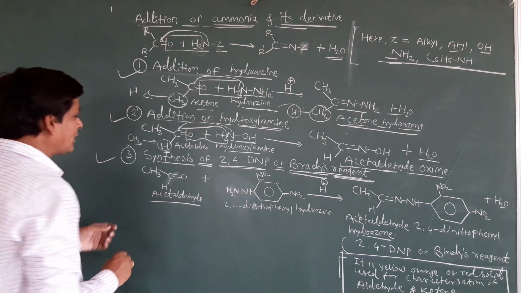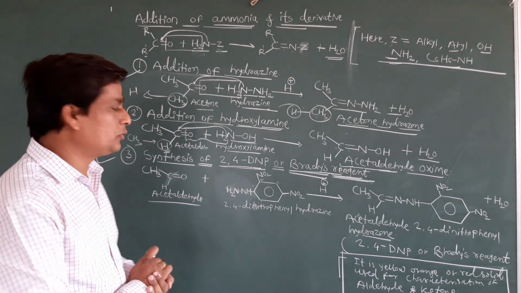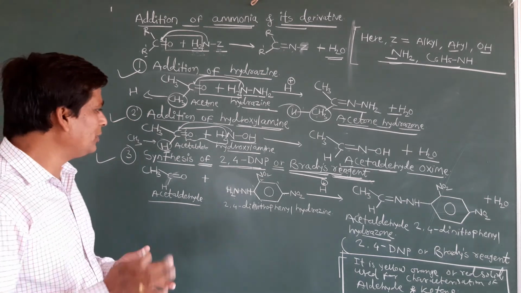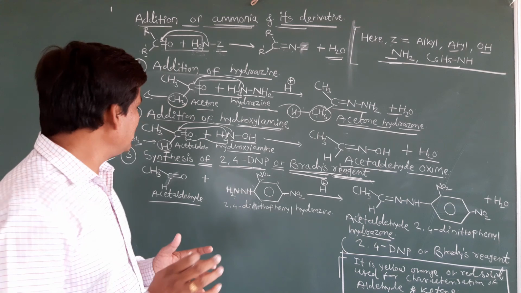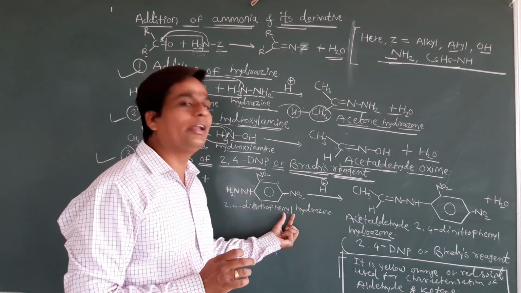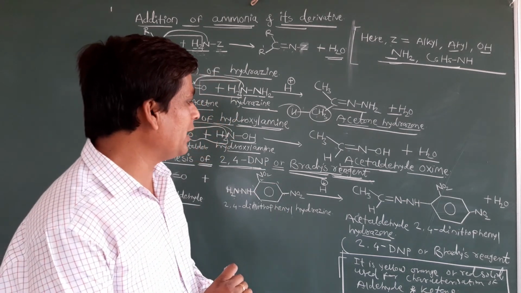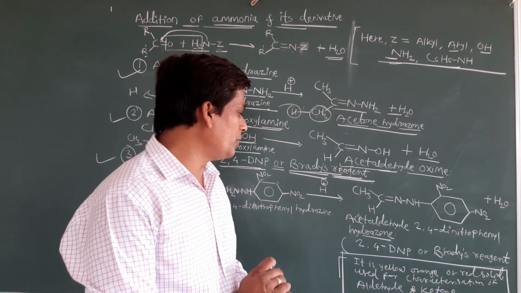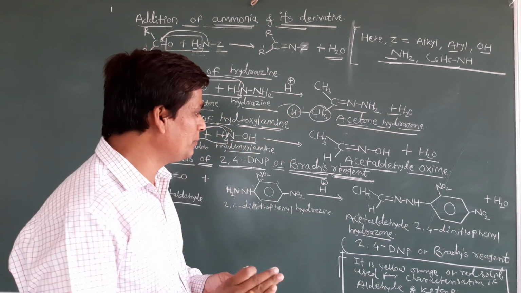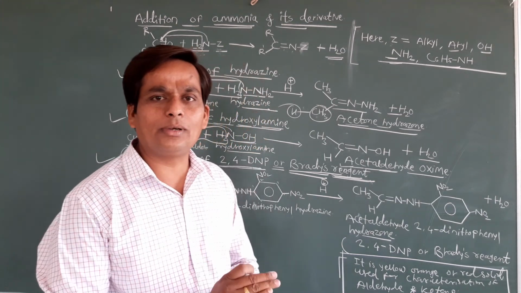Students, just see here. I am taking the example of acetaldehyde, or you can take acetone also. We can use aldehyde as well as ketone. So how will DNP be produced? A very simple synthesis. If you react the aldehyde or ketone with 2,4-dinitrophenylhydrazine in acidic condition, we will get the 2,4-dinitrophenylhydrazone. The 2,4-DNP is nothing but Brady's reagent, and this is a very important reagent. It is used to characterize aldehydes as well as ketones.